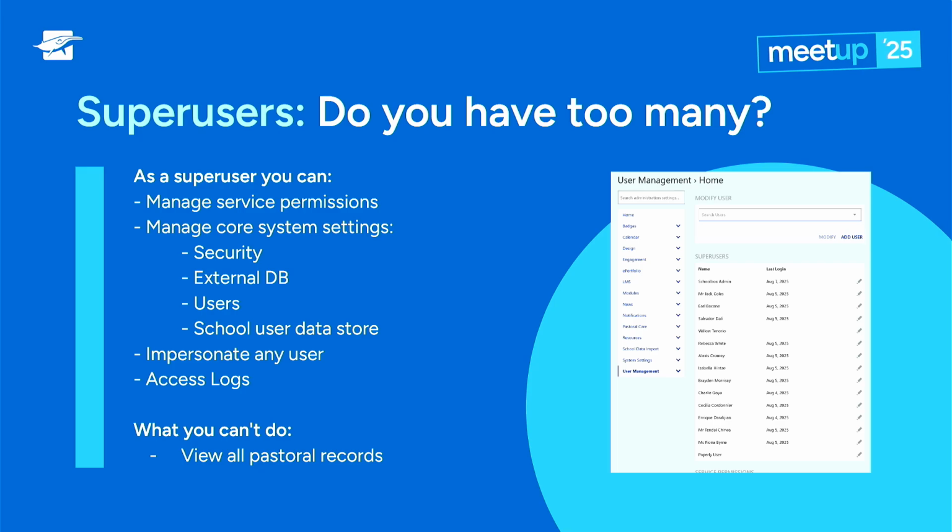So the first question I've got for you, if you open up your laptop, sign into your staging server or your production if you want, go have a look and answer that question. Do you have too many super users? Because my answer for most of you will definitely be yes. The worst one so far I've seen is 19 super users. That is 19 people that have active control of everything inside your system. It's a very, very risky and scary place.